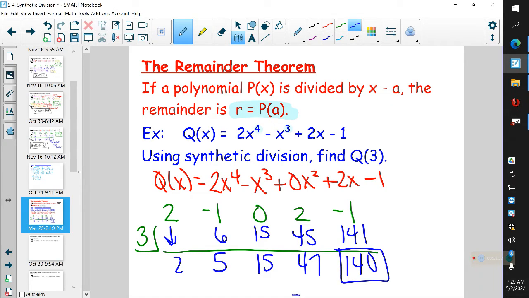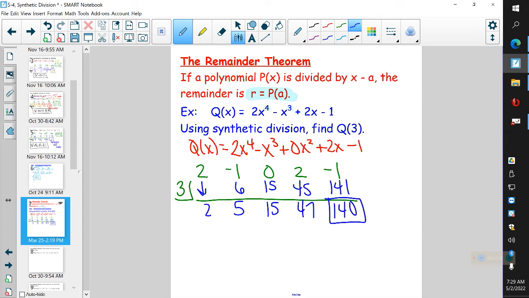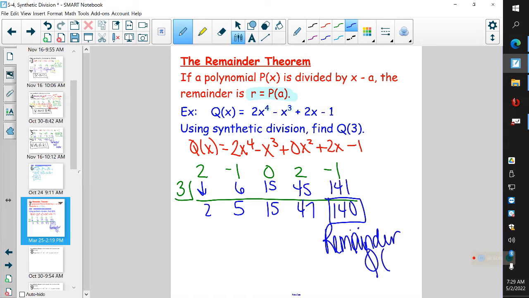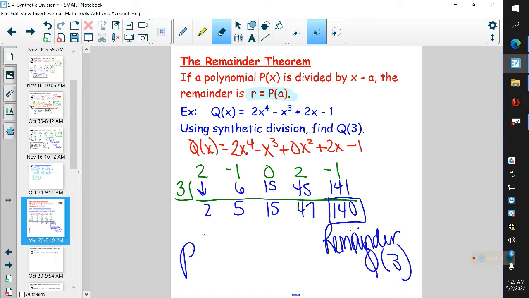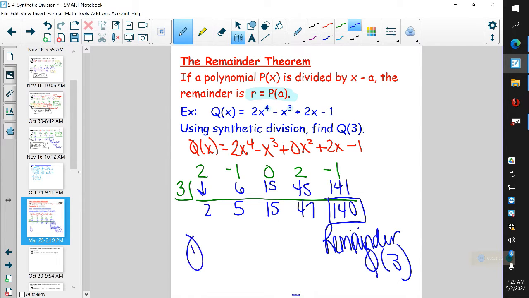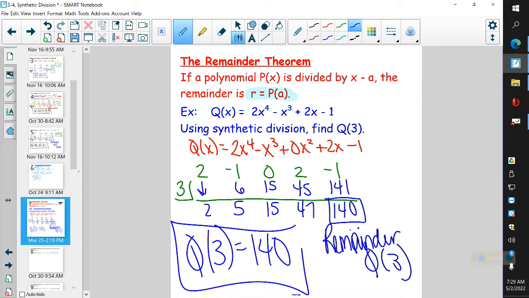That 140 looks very familiar. That 140 is our remainder, but it is also known as our Q of 3. That's the beautiful thing of this value. So, your answer of Q at 3 is actually 140, and this is how you are going to do tonight's